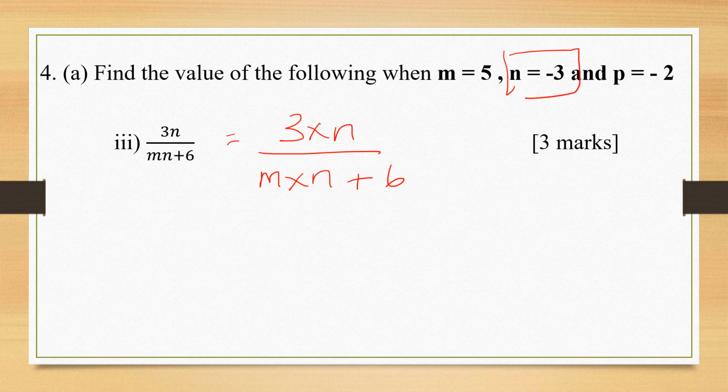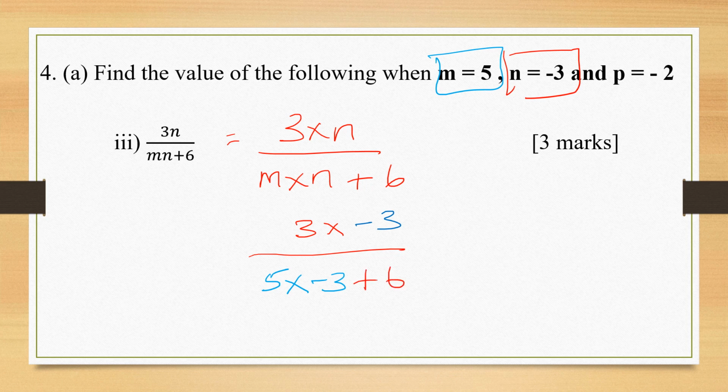So I'm going to write 3 times -3 over m is 5 times n, -3, plus 6. That is equal to 3 times -3 is -9 over 5 times -3 is -15